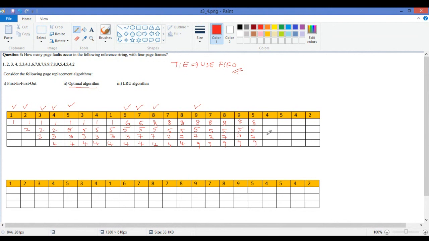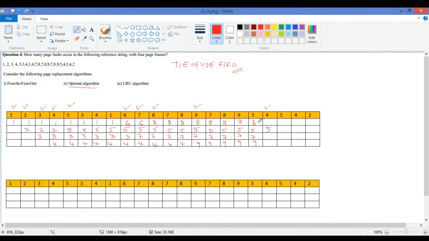It's a good algorithm. But then comes 4. 4 is not here, so there is a page fault. If there is a page fault, I should not remove 5 and 4. But from the future, I have only 5. It means I should not remove only 5, I can remove 8 or 7 or 9, anything. So again, I use FIFO. When you use FIFO, you see who is the longest. 8 is up to here, but 5 seems to be longer. 5 should not be removed because 5 is coming in the future.